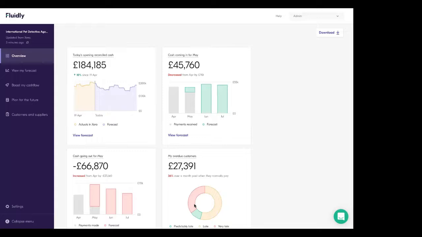And that's exactly what this screen focuses on that we have here. We effectively like to break it down into 8 widgets, but just kind of showing you a brief overview. You have your opening reconciled cash, your cash coming in and your cash coming out. And like I said, this is direct information that we are pulling through from the general ledger. So we will very much show you the actuals that are sitting in orange, and then your forecasting that's sitting